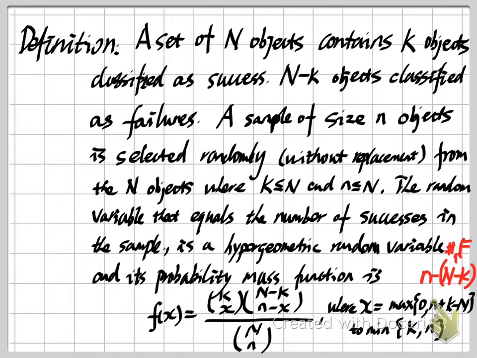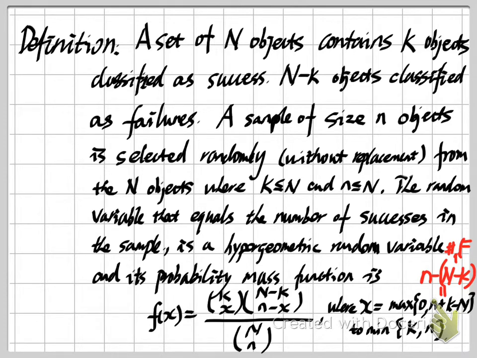And the number of failures in our sample should also be smaller than the number of failures in our whole population, right? So this term is to make sure the failures in the sample are smaller than the whole number of failures. Okay, so this is our definition of this